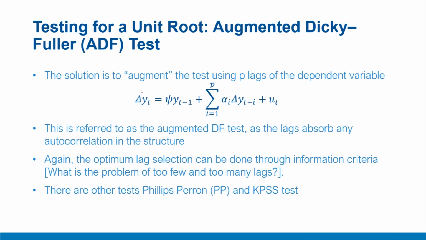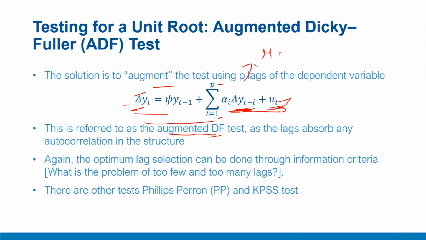Let us discuss this in more detail. So the idea here is to augment the model with p additional lags. Notice this: we are introducing these 1 to p additional lags in the original model. Here we are not showing the drift and time trend; you can add them here if needed, but more importantly we are adding the lags of this dependent variable. The idea is that these lags will soak up additional autocorrelation in this delta y_t time series process, and this kind of model, which is augmented with the lags of the dependent variable, is called the augmented Dickey-Fuller or ADF test. These lags will help us absorb any serial correlation so that our mu t, the error terms, would be cleaner and closer to a white noise IID process.